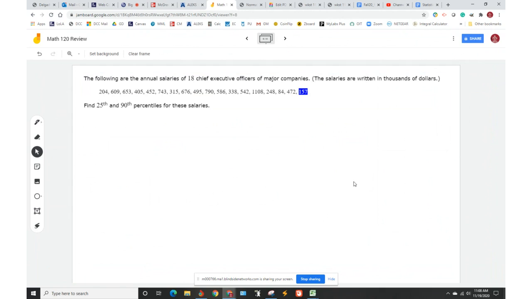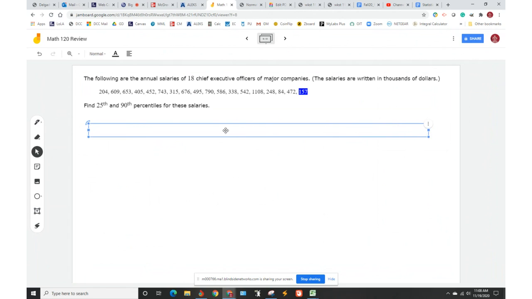All right, so we want to find the 25th and the 90th percentiles. So we need to have the data ordered. I want to ask for your help on this because this is really a cumbersome thing. Because what I like to do is strike them out as I go, and then I got to come back down here, which means that I lose a place on here, but I should be able to open it back up. So the lowest value looks to be